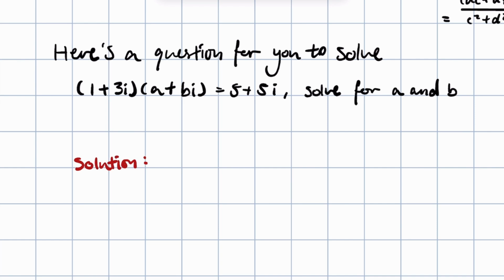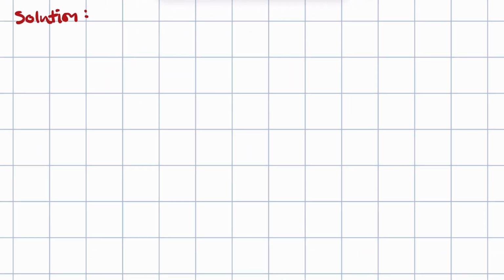Here's the solution for the question: 1 plus 3i times a plus bi equals 5 plus 5i, solve for a and b. So first you can rearrange the equation into a plus bi equals 5 plus 5i over 1 plus 3i. Now you can multiply the divisor by its conjugate, so you multiply 5 plus 5i over 1 plus 3i by 1 minus 3i over 1 minus 3i,